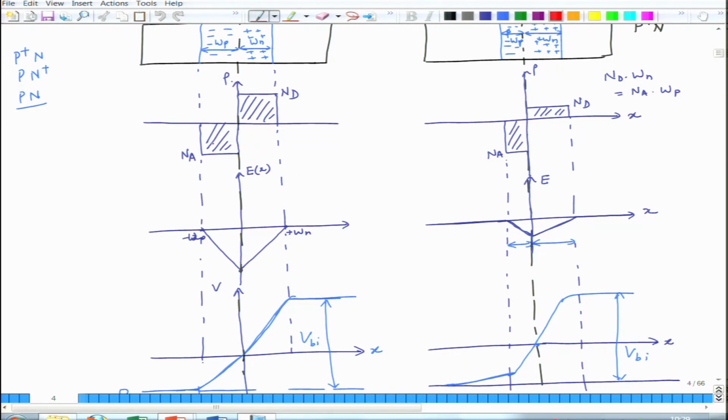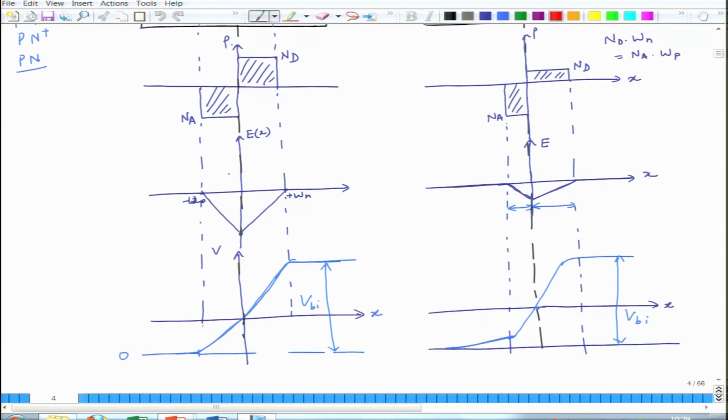So depletion region is equally wide in n and p side if both are equally doped. However, depletion region is narrower in case of heavily doped semiconductor than in case of lightly doped semiconductor. However, you have to maintain the relations of charge neutrality on both sides. So as a result, you have Nd into Wn is equal to Na into Wp, and likewise you have more drop in the electric field in the narrow region than in the wider region, and this has similar repercussions in terms of field as well, potential as well.